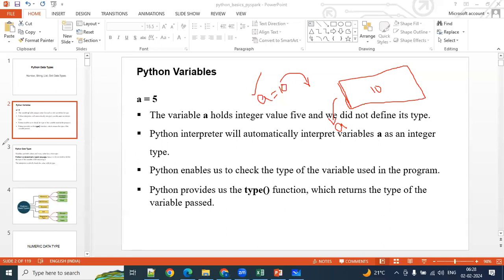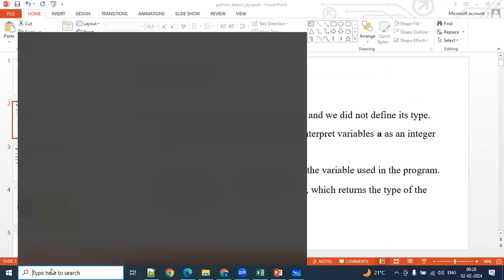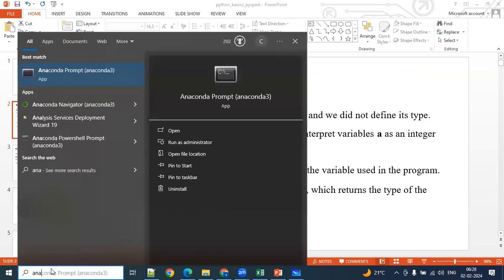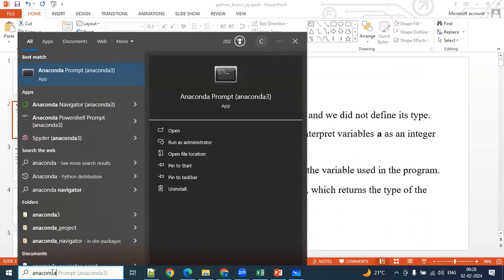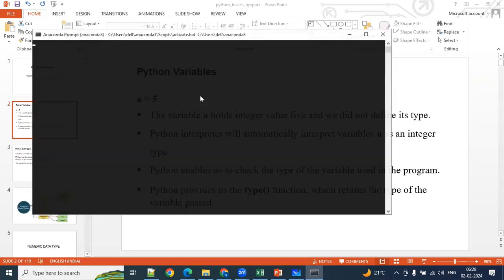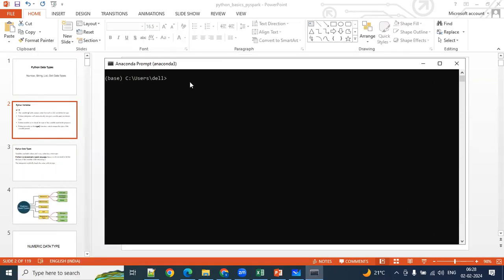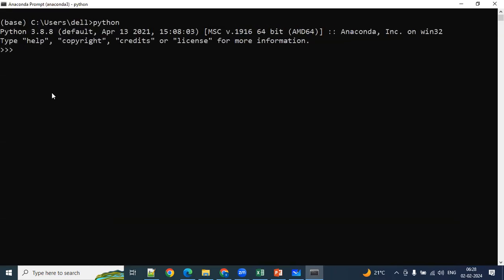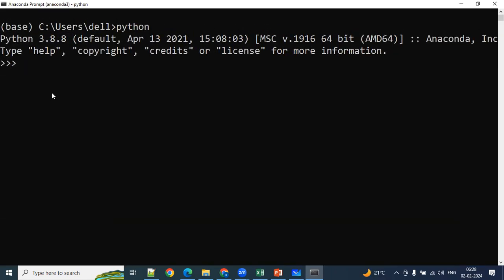To practice all these Python programs, guys, whatever I'm going to teach from today, you need to install the Anaconda distribution. Okay, so this is the Anaconda prompt, a command prompt actually. Here you just need to type python so that the Python prompt will be opened. Let me maximize this, and you can start executing your queries here.